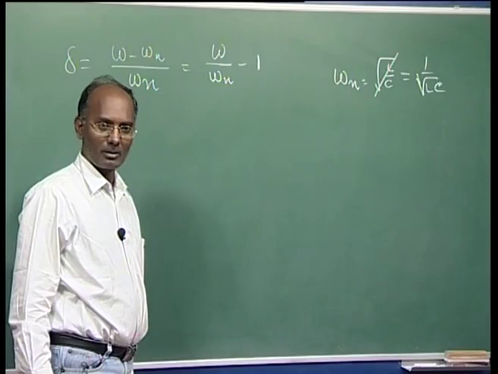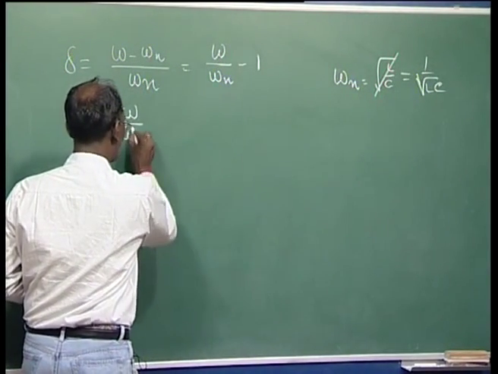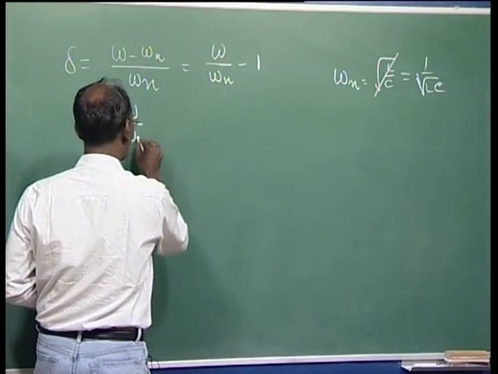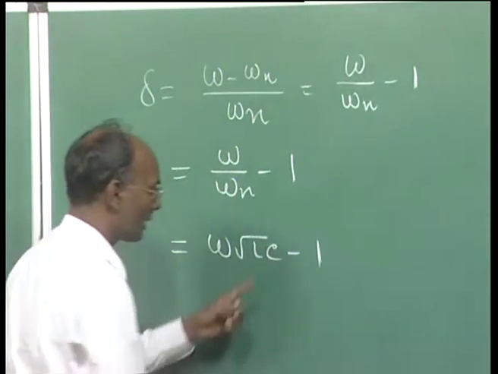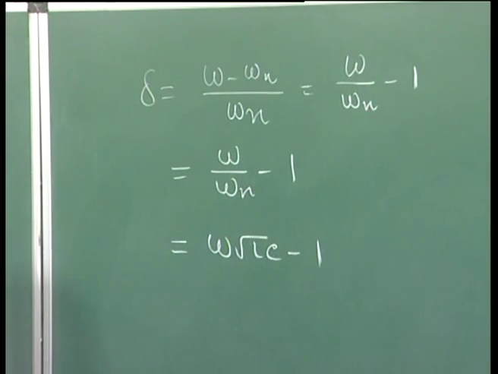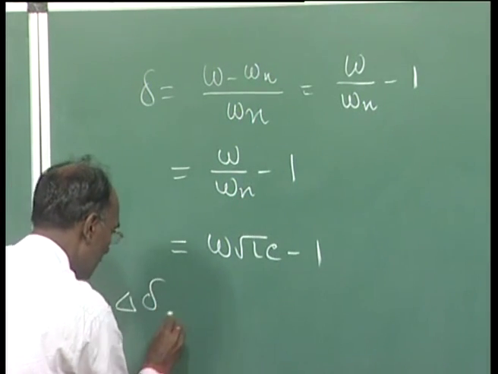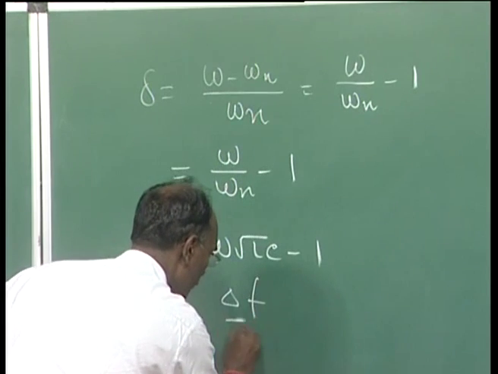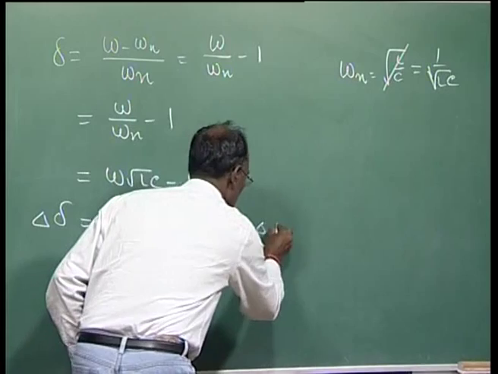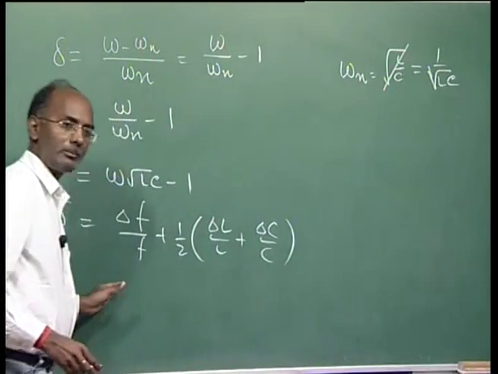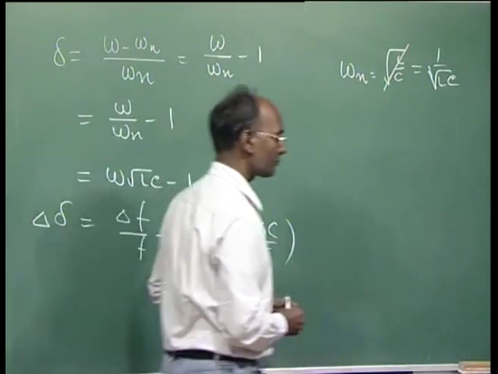It was there, but later, if you check your copy, we were getting somewhere minus C, so it should not happen. So here, ω√(LC) minus 1, at this point I wrote L by C. That should not be there, and if we change it here, we can write Δf by f plus half ΔL by L plus ΔC by C. So the expression was the same, only here I put under root L by C, and that was wrong.